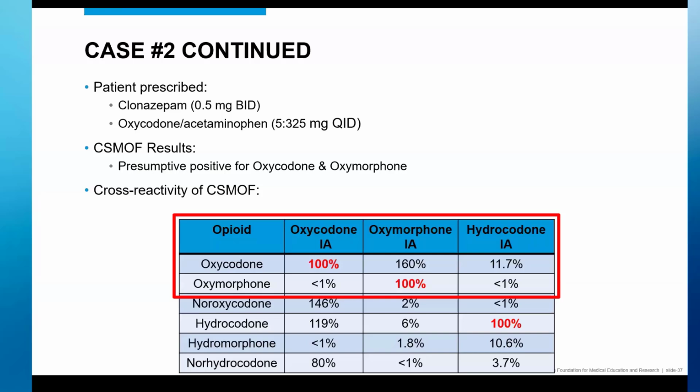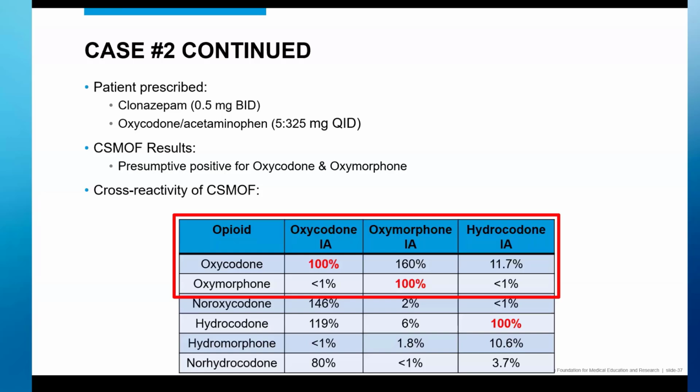Just one other one to call out, because it's also a very popular and commonly prescribed opioid, is hydrocodone. You'll see hydrocodone has some cross-reactivity as well at the oxycodone spot. In patients taking hydrocodone, we see hydrocodone, and sometimes its metabolite hydromorphone. But in those patients, I typically only see the hydrocodone and oxycodone spots light up.